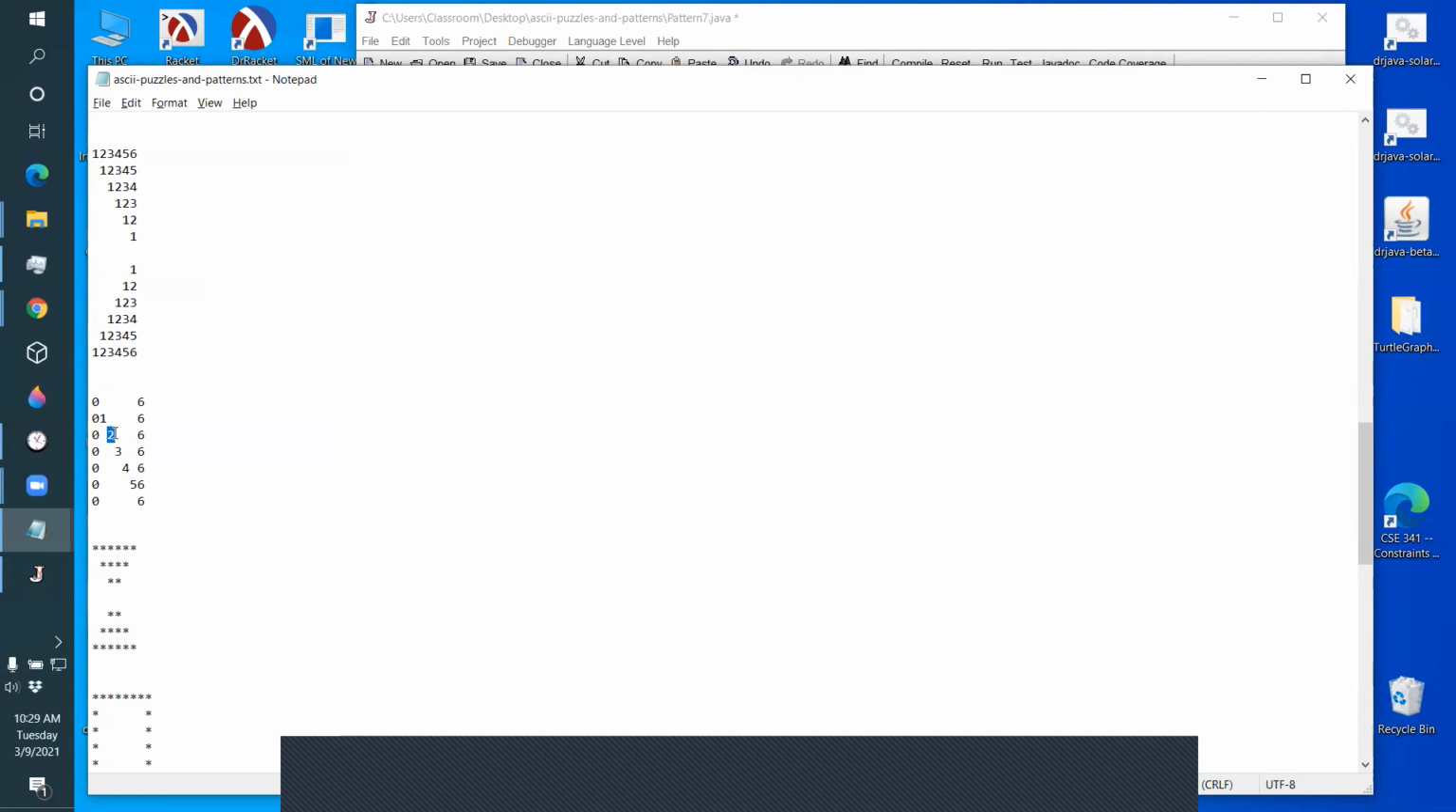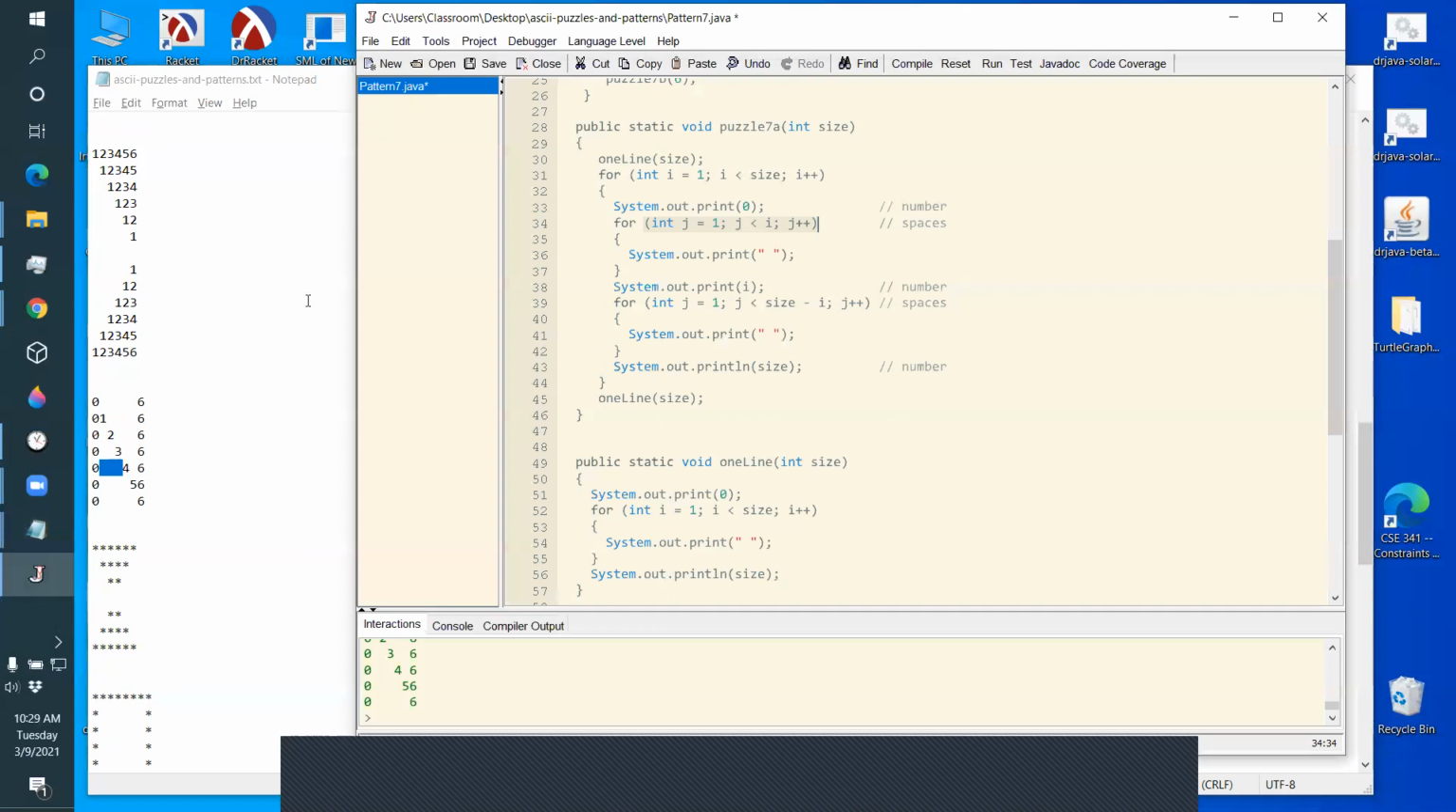Line number 2 has 1 space. Line number 3 has 2 spaces. For line number 4, 3 spaces. So the number of spaces is 1 less than the line number. The line number is